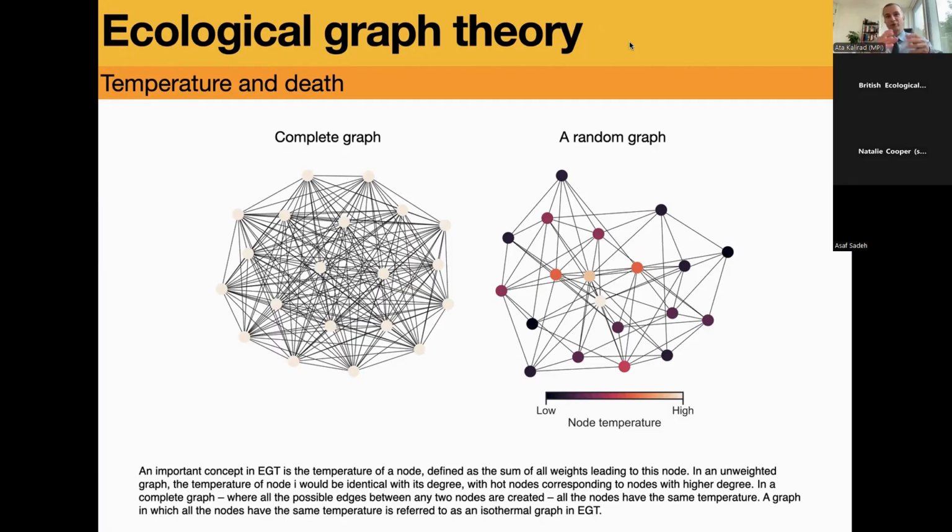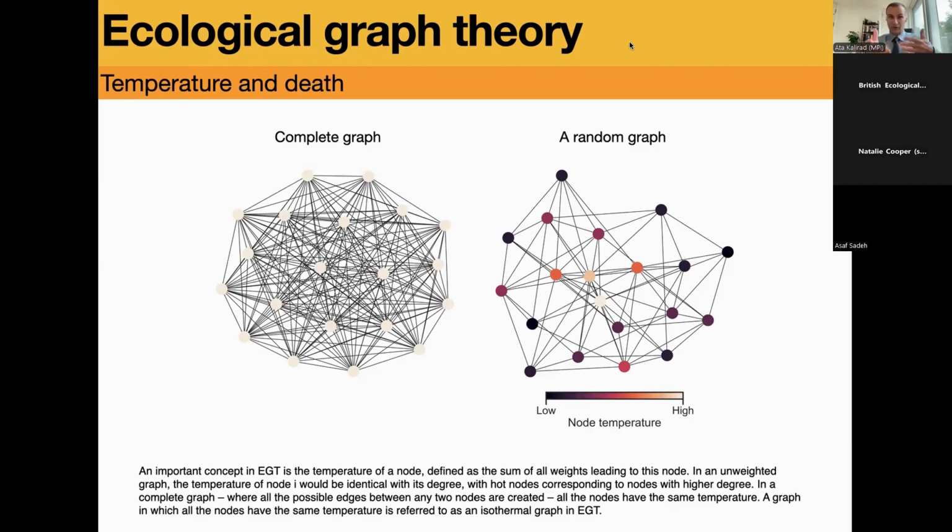So a hot node would have many neighbors connected to it, and a cold node would have very few. And in a complete graph, that is a graph where all the possible edges are created between the nodes, everyone is equally hot. So everyone is connected to everyone else. And conceptually, as a side note, the complete graph where you have everyone interacting with everyone else would have an